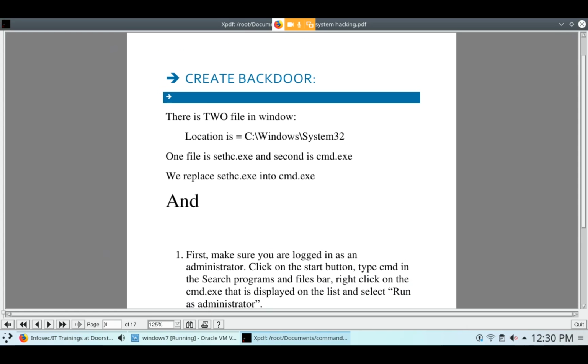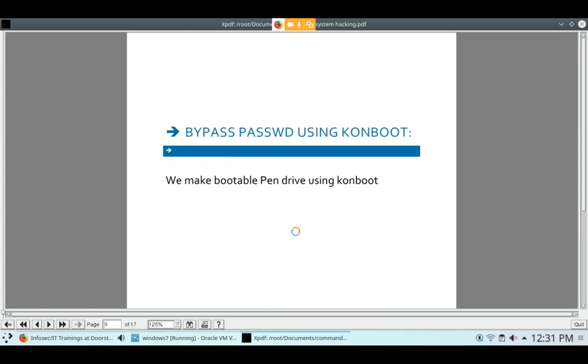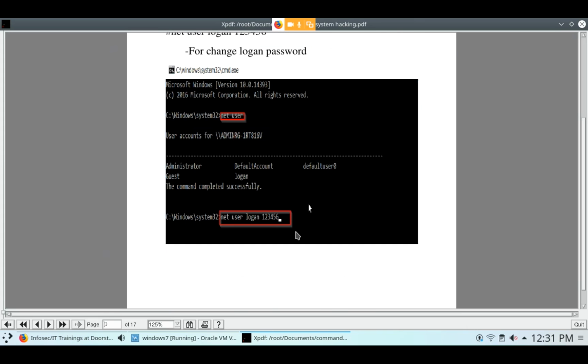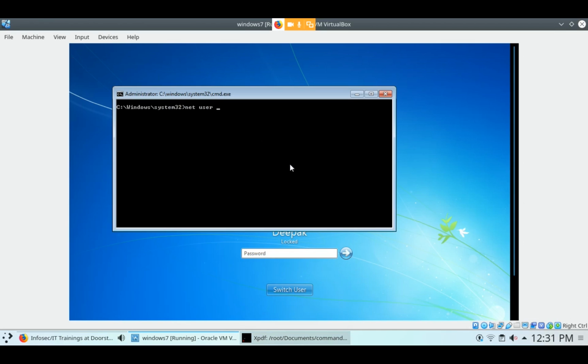This is the PDF. Through this you can use anything. You can add or delete anything from here. I am showing you the command. Here is net user.